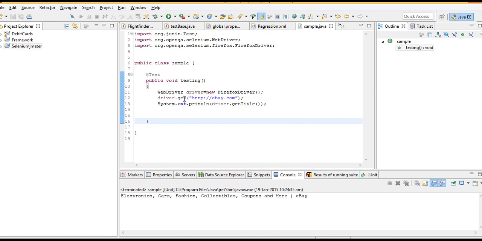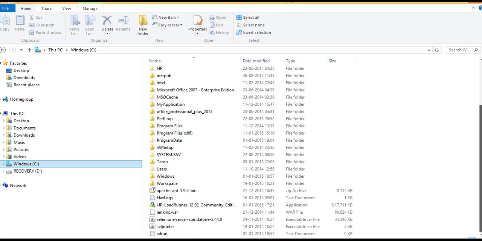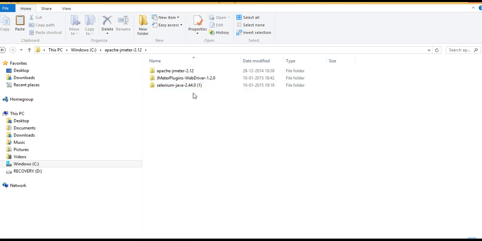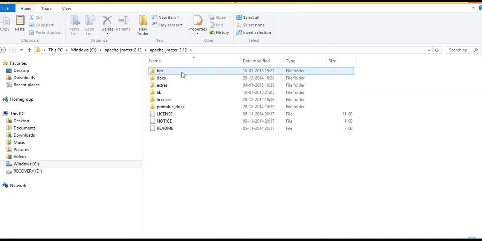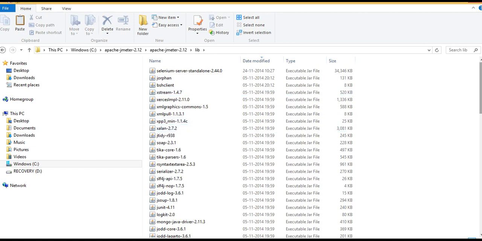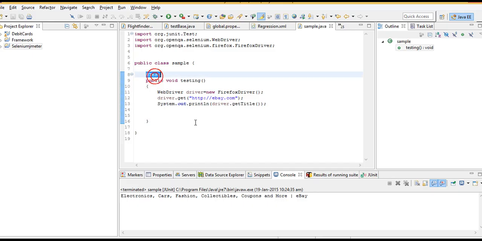Now let's go back to our C folder and copy this jar file, and come to your JMeter installation folder and go to the lib folder. Here, come down and check for the JUnit folder. Why have I used the JUnit annotation here?